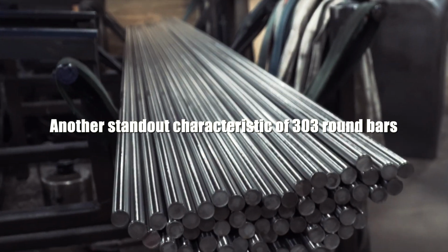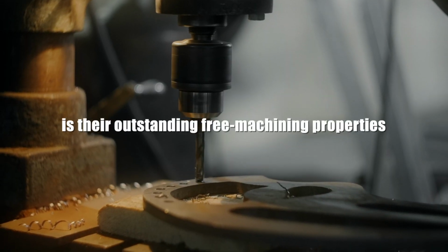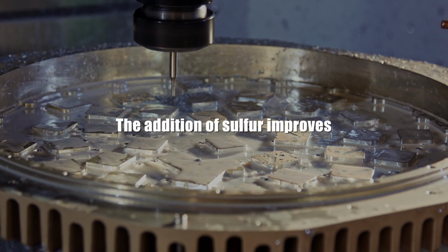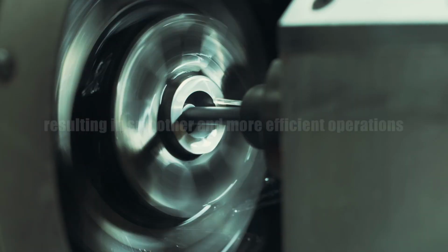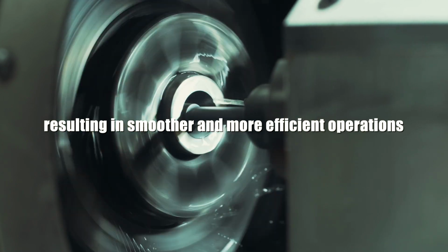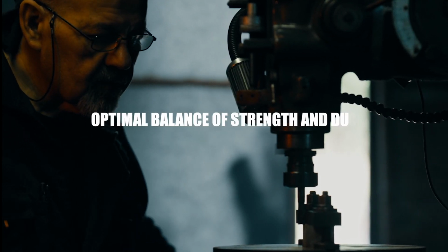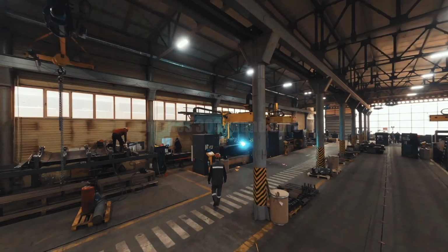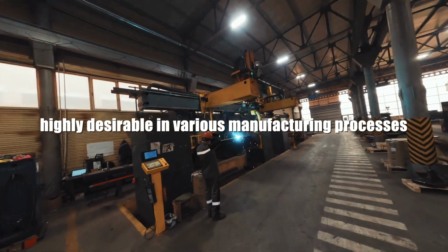Another standout characteristic of 303 round bars is their outstanding free machining properties. The addition of sulfur improves chip breaking capabilities during machining, resulting in smoother and more efficient operation. This feature, combined with the optimal balance of strength and ductility, makes 303 round bars highly desirable in various manufacturing